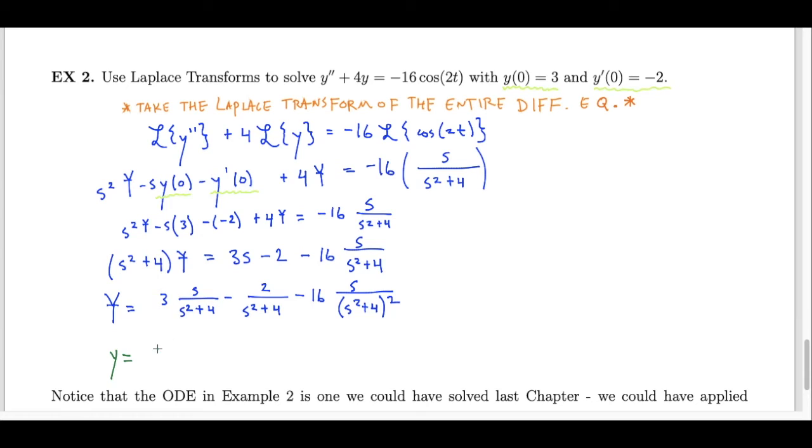Specifically here, this will be 3 cosine of 2t. This will be minus 2 sine of 2t. Now this third term is not exactly the structure of something that we are familiar with up to this point. I have s squared plus 4 in the denominator, which feels like a sine or cosine, but that denominator is actually being squared. So this cannot be directly untransformed to give me sine or cosine,